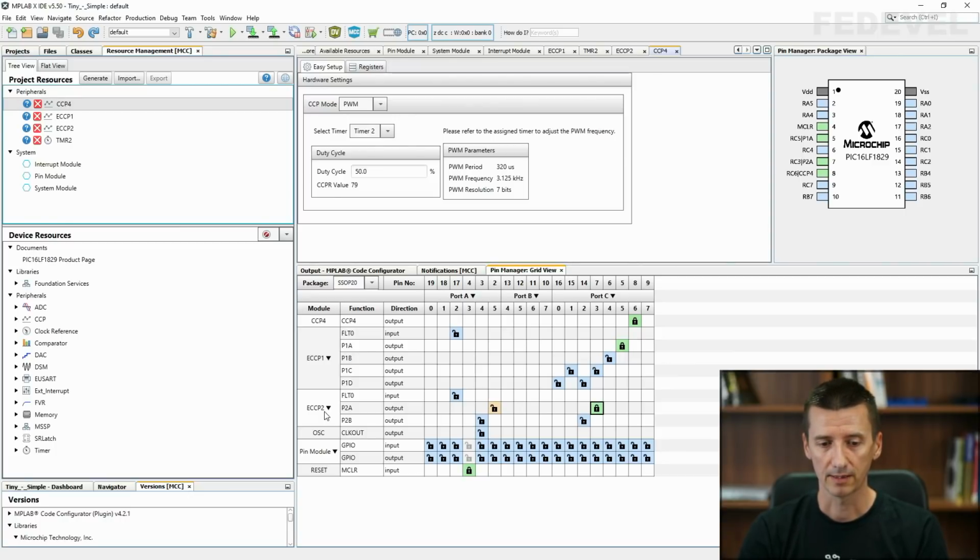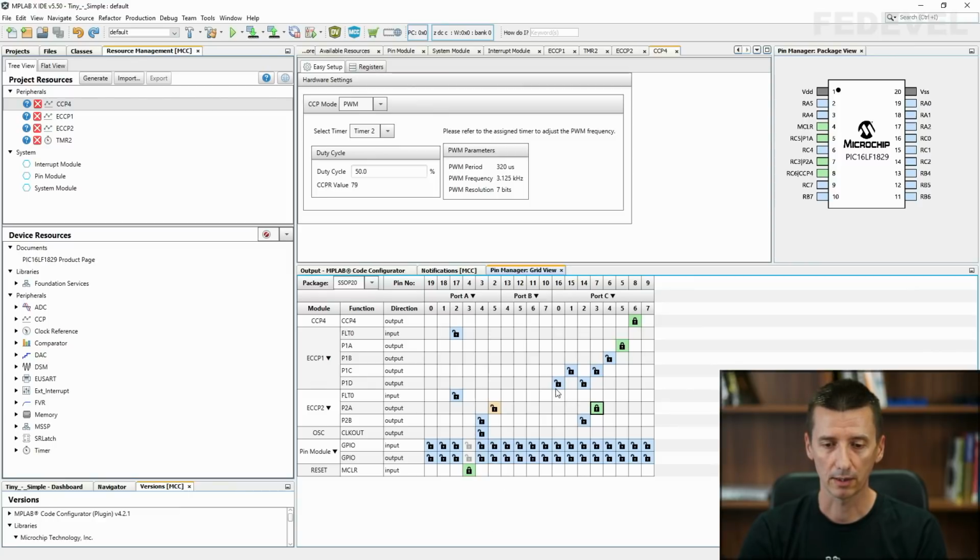Notice some of these outputs can actually be assigned to different pins. So for example, the PWM output from this ECCP2 module can also be on this pin number 2. If it's green, it is on pin number 2, or RA5 pin. But this is not what is connected in our schematic. In our schematic it is connected to this pin, so we have to left click here and this has to be green. Be sure you configured this table based on your schematic.